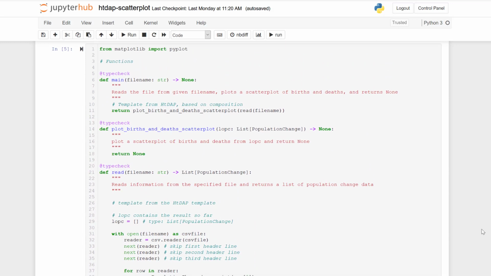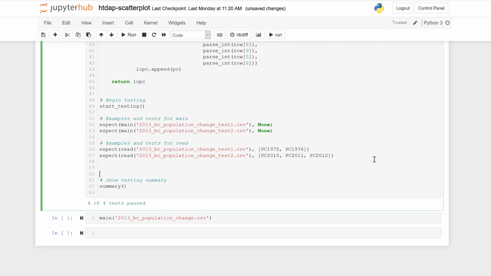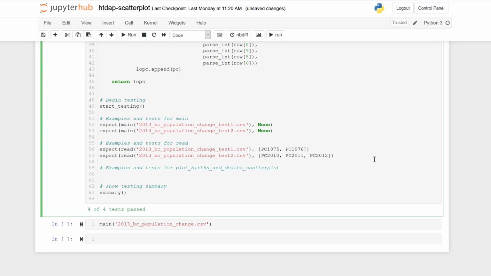Now we need to design our examples and tests for plot births and deaths scatter plot. This function takes in a list of population change. So I'll use these lists up here as example inputs.